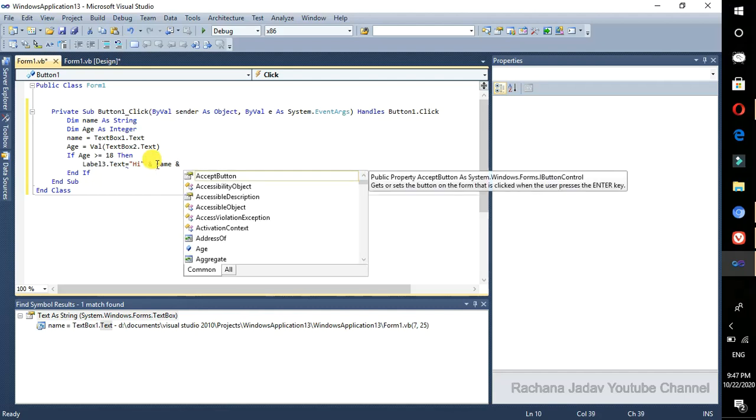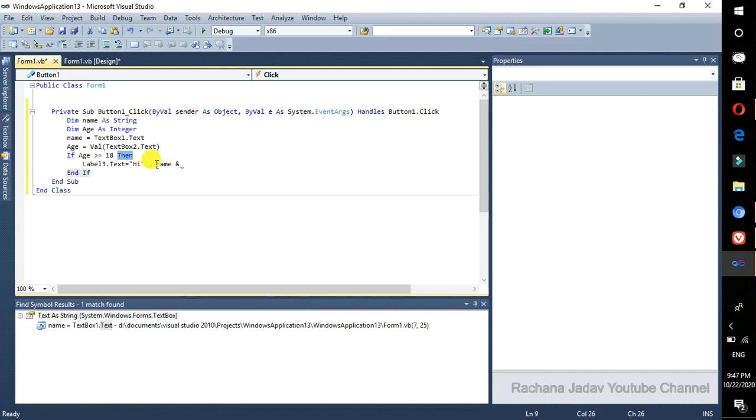Okay, so we are going to combine our variable and we are going to write here: you are eligible to vote. Okay, this we are going to give.